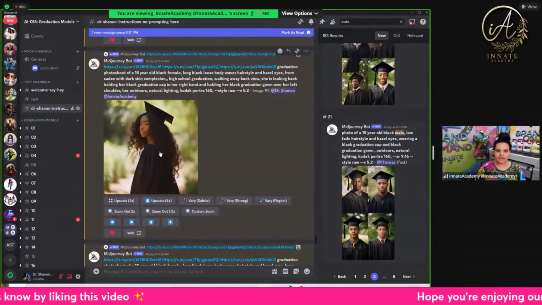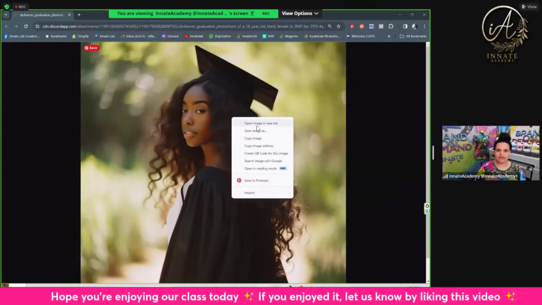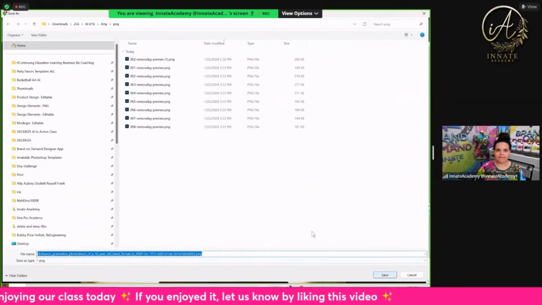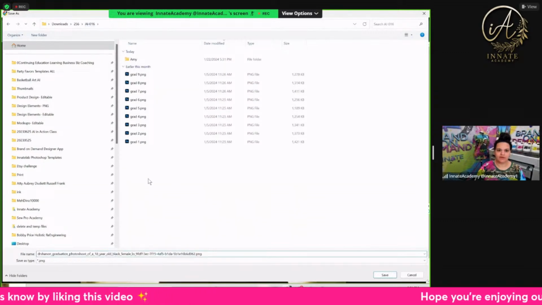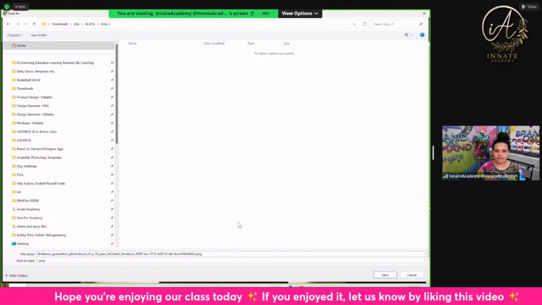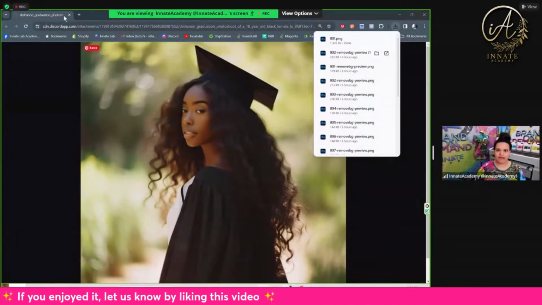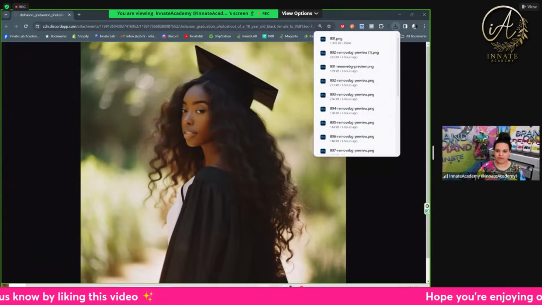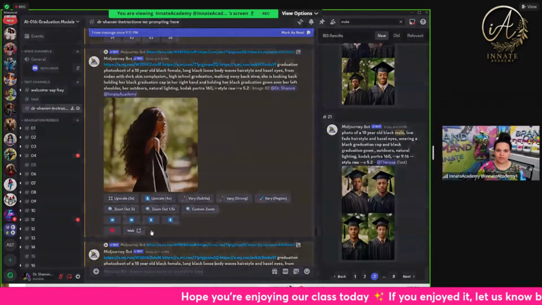The ones that are already upscaled, like this one's already upscaled, I'm just going to go ahead and open it in browser. What it does is it brings me a good old image in my browser. I right click, save image as. All right, so that was my Amy from earlier. I'm going to make a new folder for Amy. I'm going to call this one Amy 2. And I'm just saving them so that I know how many I have. So I saved one as 001. I'm going to go to my next one. Open in browser,